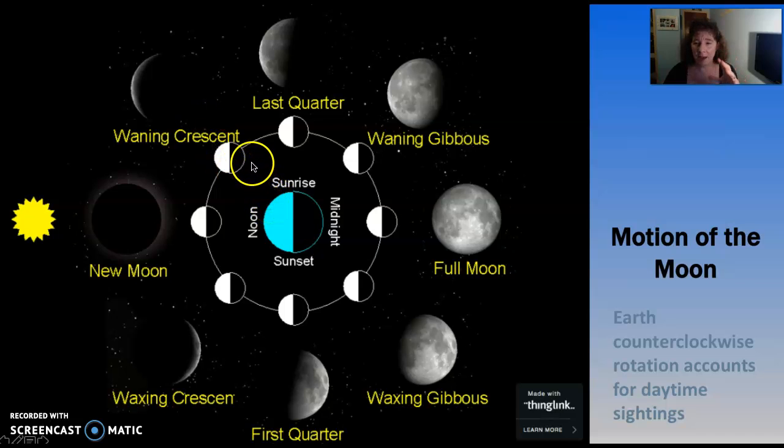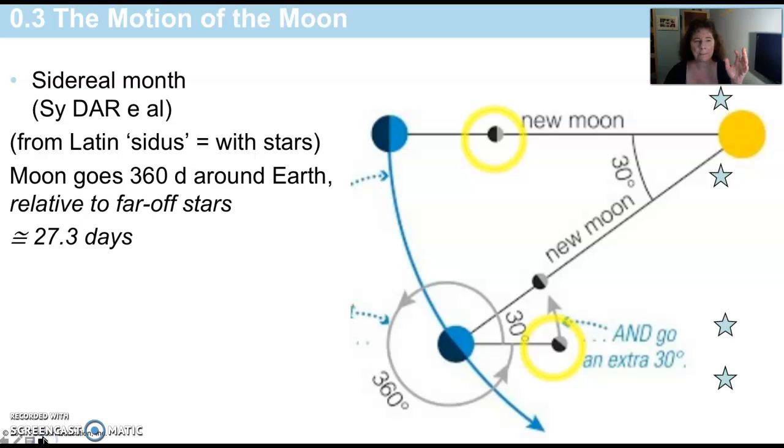It's a great diagram. Please take the time to look at this and get a good feel for how it looks when you are standing looking at the sun, or when you are standing here at midnight looking at the moon. So you can put yourself in any position here, and that'll be what you are seeing at that time. Now,